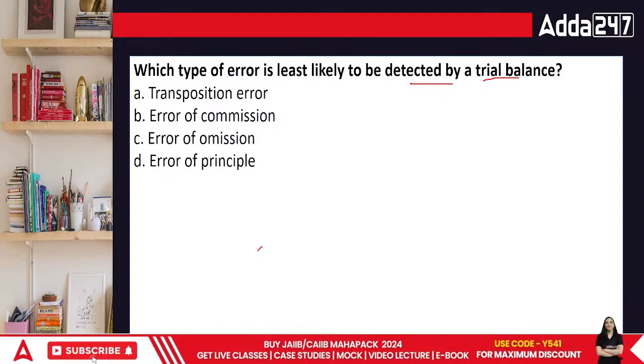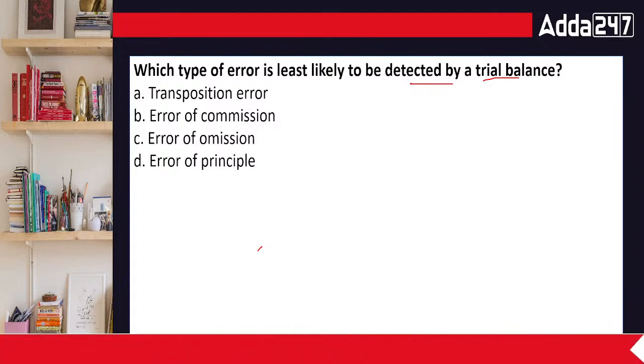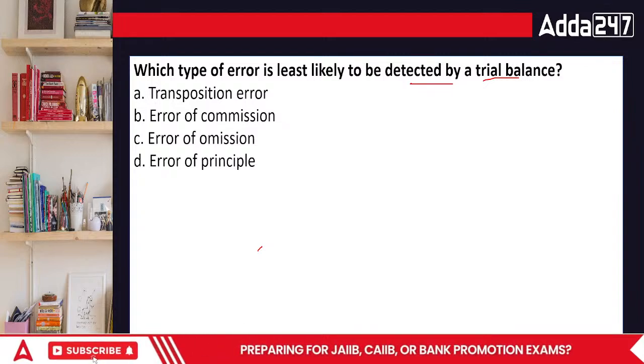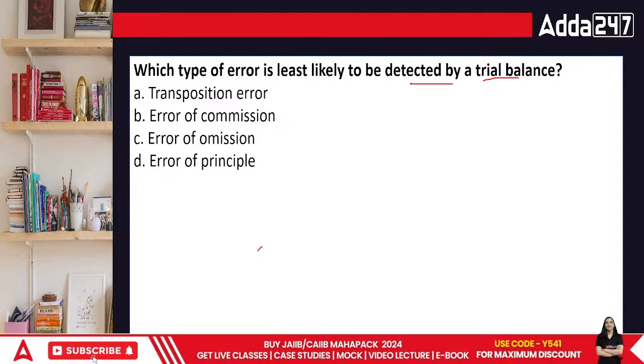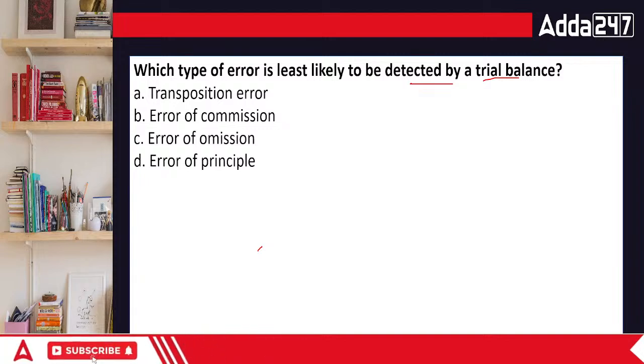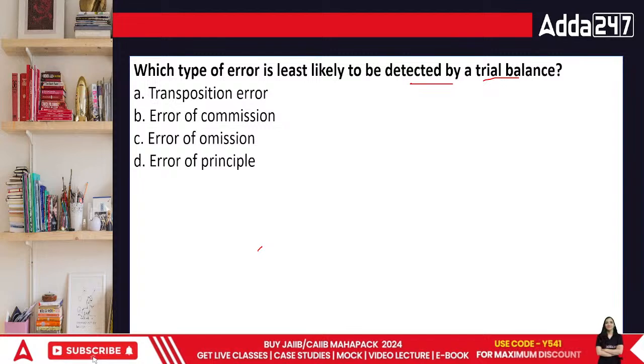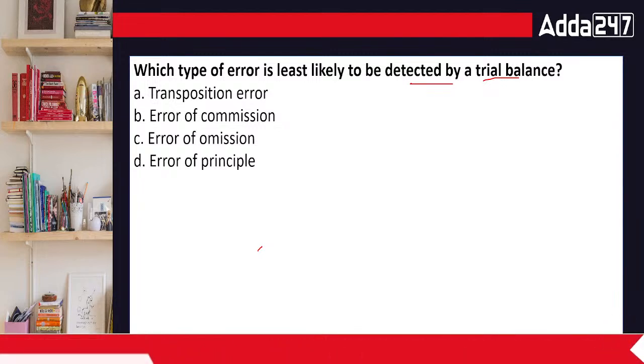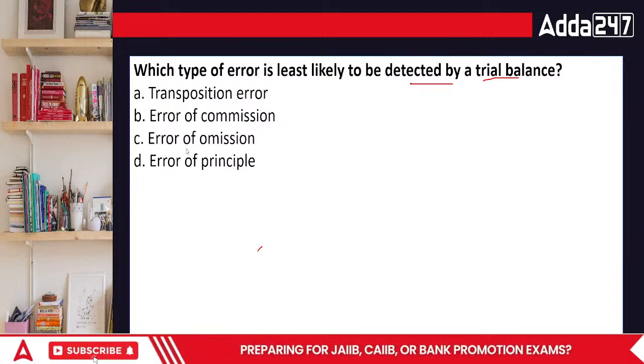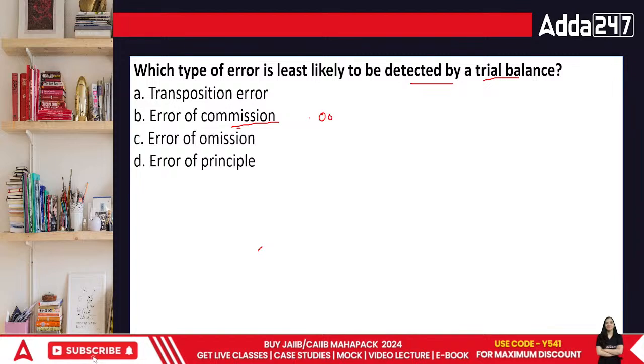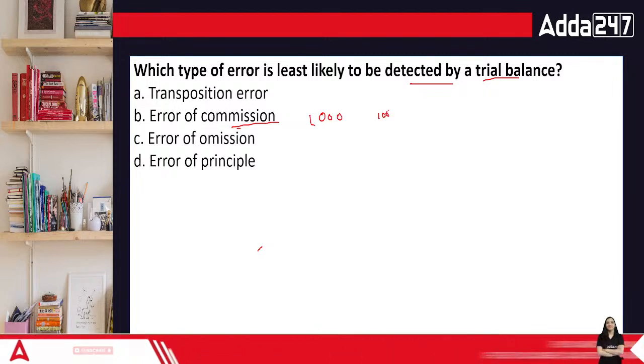Chaliye. Now, first is transposition error. That means when you're trying to move something, though this kind of error is not even stated in the books of accounts at all. Then comes error of commission. Error of commission is when Mr. Sham's name is written as SHAM or SHYAM. When you mix up the names, when you mix up the accounts, all these troubles are to be covered in this specific area. Then comes error of commission. Error of commission is basically related to the area of not only the wrong account but also the wrong amounts as well. And sometimes if I had to write 1000, I wrote 100. This is an error that we are making.